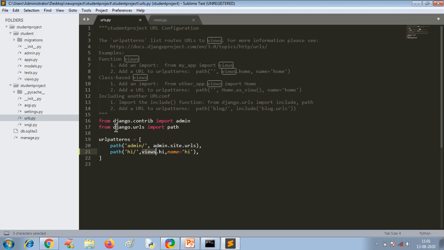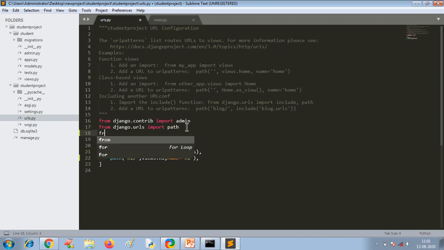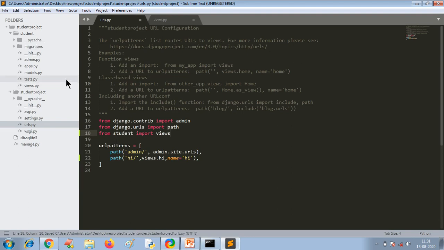So you need to include from your app, student is your app, import views. From the student app you need to import the views.